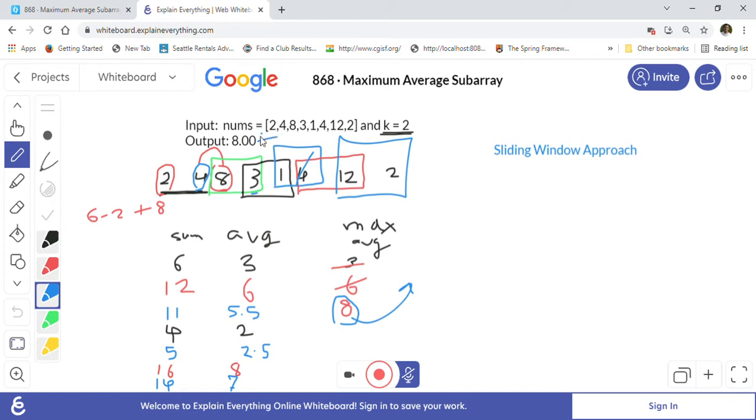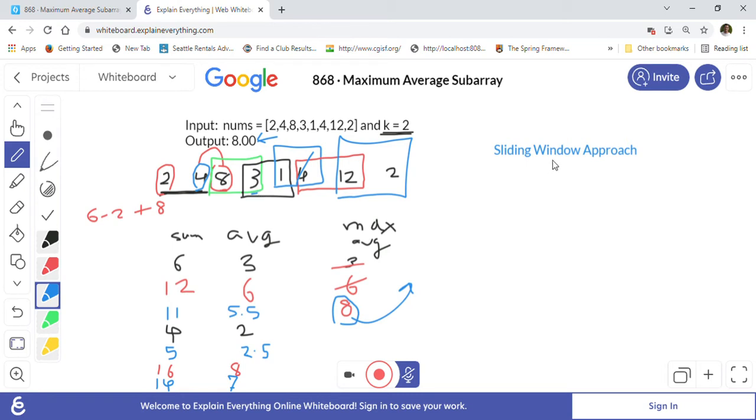So this is how the sliding window works. We have a sliding window of k size here. Here k is equal to 2, so that's why the sliding window has size 2 and it keeps moving. As the sliding window moves, whatever new element gets added into the window will be added into the sum, and whatever moves out of the window will be subtracted from the sum, to calculate the new average.